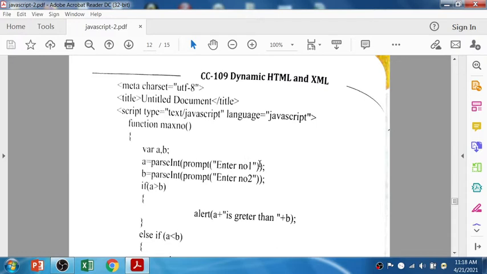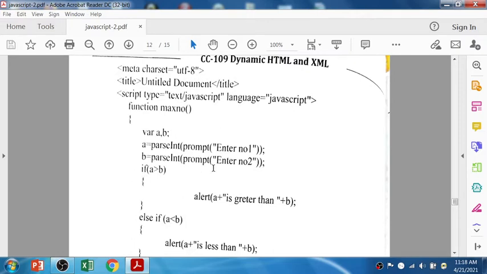So enter number 1 will display on the prompt box, and whatever value is entered by the user will be converted into an integer and then stored into the a variable. In the same way, enter number 2 and store it into the b variable. So the prompt box basically works like the scanf keyword in C programming.